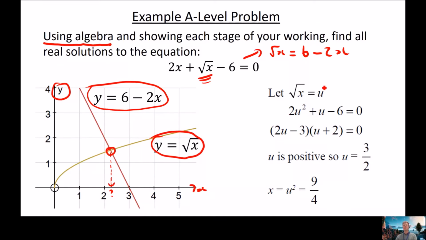Now, if you've been doing your indices work at school, you will realise that one way to write the square root of something is to use a power 1/2. So we'll learn a bit more about why that is during the course. But x to the power half, we're going to call that u, for the square root of u. Okay, now what you need to realise is that this equation here, 2x plus root x minus 6 equals 0,